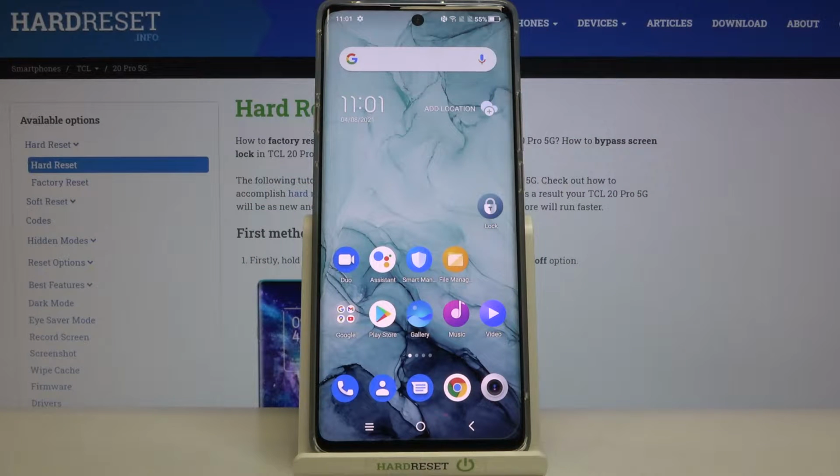Welcome, here I've got TCL 20 Pro 5G and I'm gonna show you how to use the camera Pro mode at